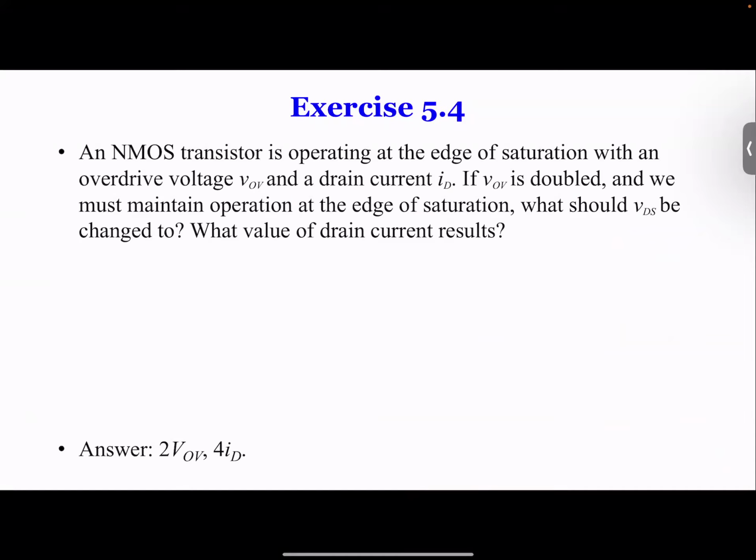Okay, so there's another example saying an NMOS transistor is operating at the edge of saturation with an overdrive voltage VOV and drain current ID. If VOV is doubled, and we must maintain operation at the edge, what should VDS be changed to? Well, similarly, because it's at the edge, we can write the equation ID equal to 1/2